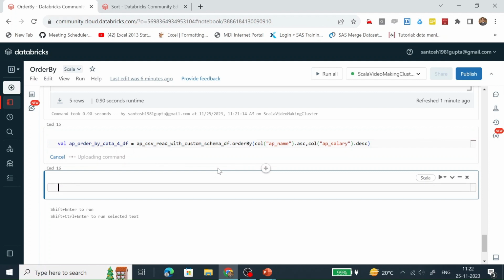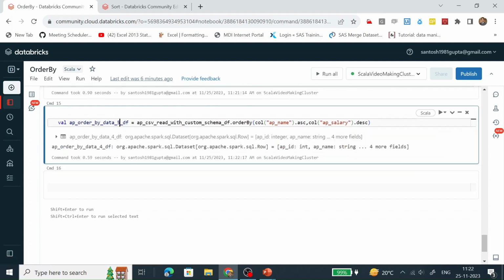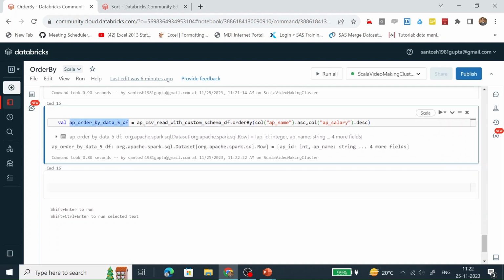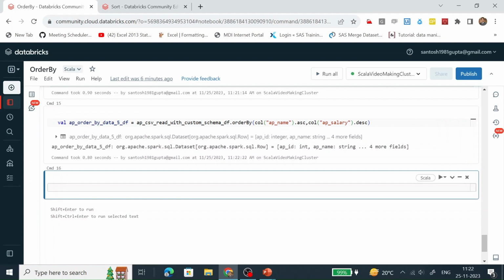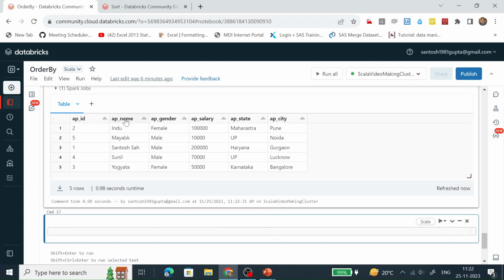Let's run it. Display this data frame. We can see AP name is sorted in ascending order and AP salary is sorted in descending order within the same data set.